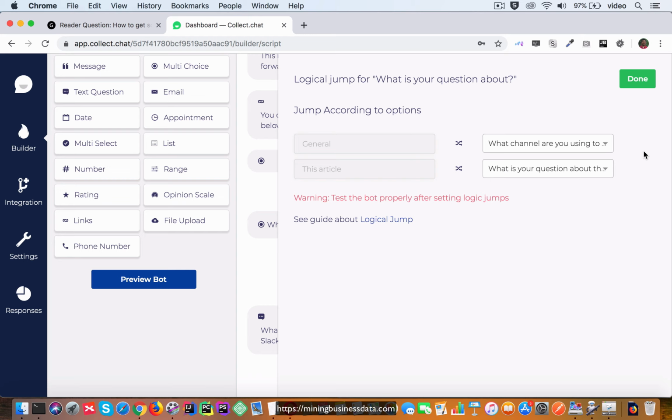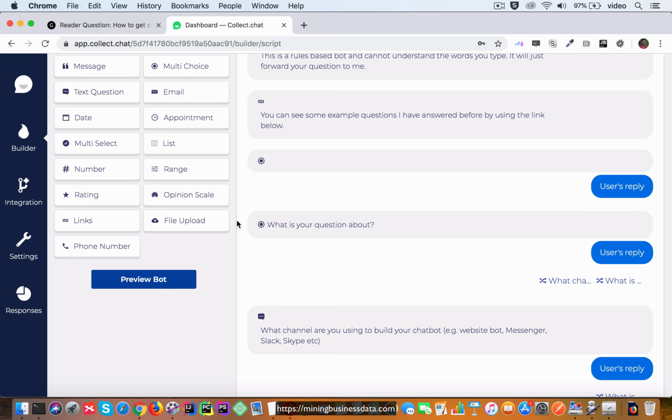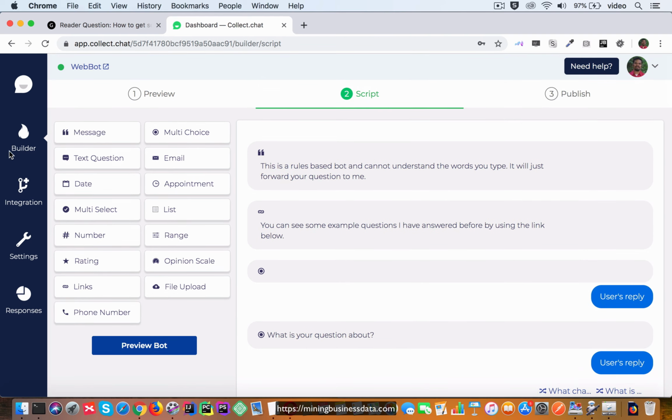So it's kind of indicating that it understood the user's input, not in the sense of understanding in terms of the NLU that we usually have, but here it's actually based on the condition, and it's going to go to different points in the conversation. So this is how you use the builder inside Collect.chat to actually design the conversation in your bot. And as I mentioned before,